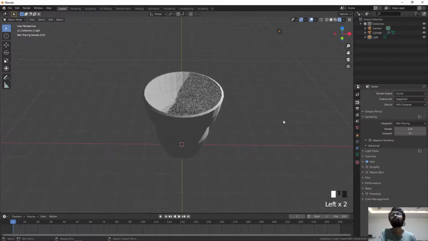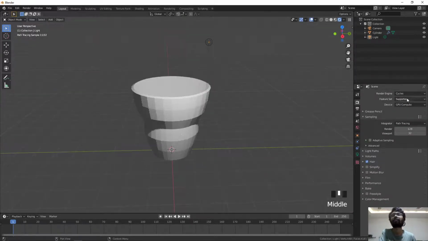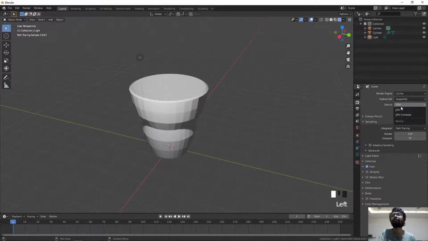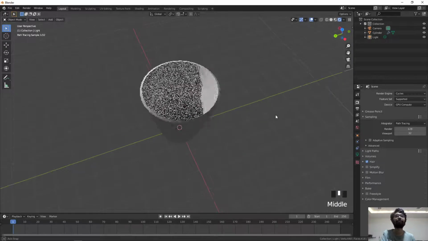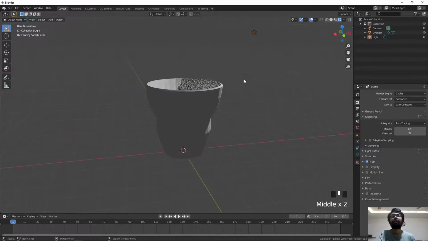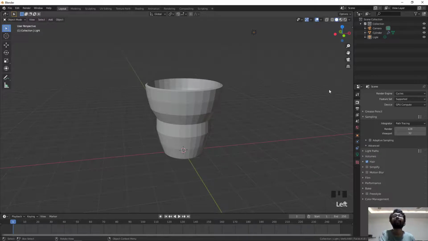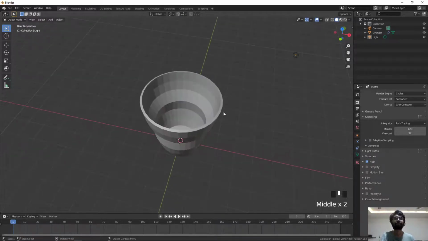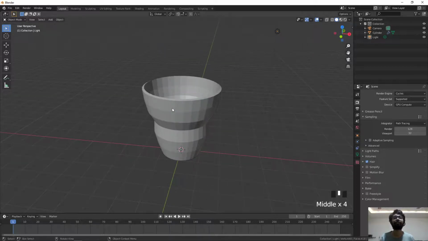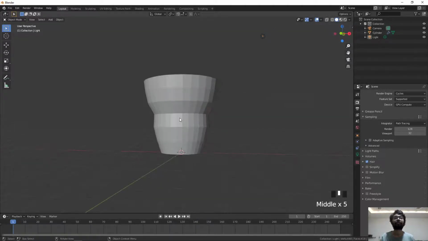So I'll just switch to GPU. This will render faster than CPU, as you can see. Okay, so go to GPU Compute, go to front view mode. So we'll go to solid view mode again, and then we'll simplify our object. You can see this is made with blocks and all.